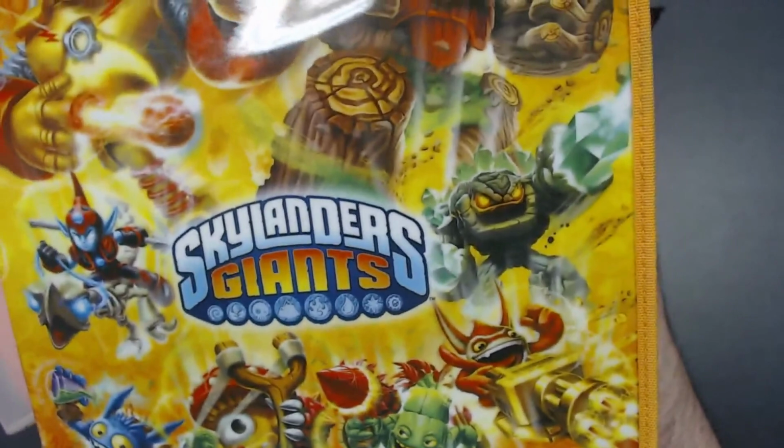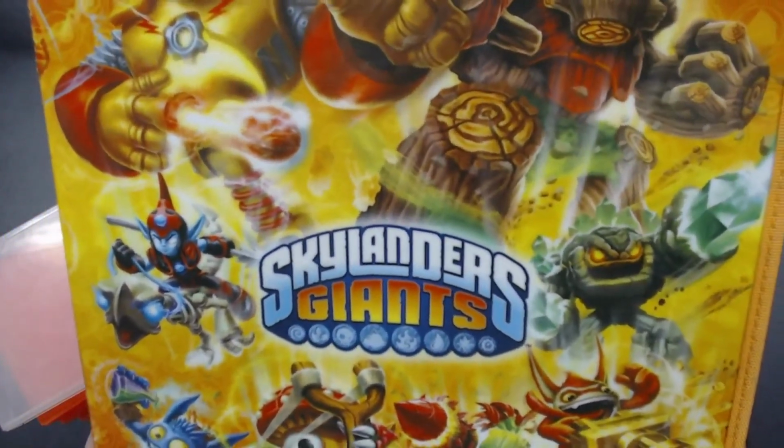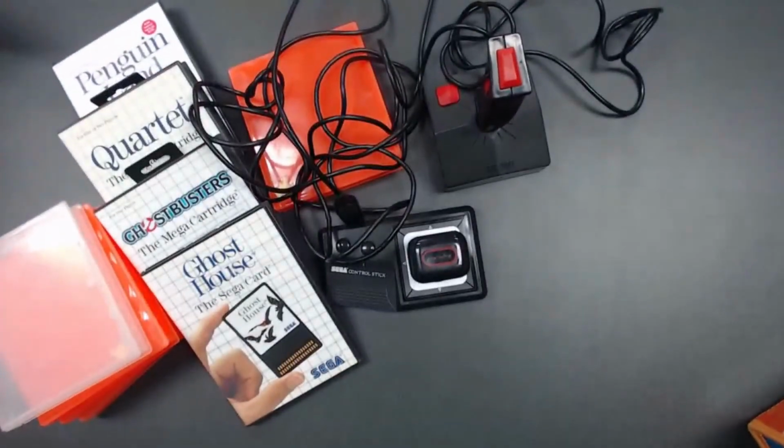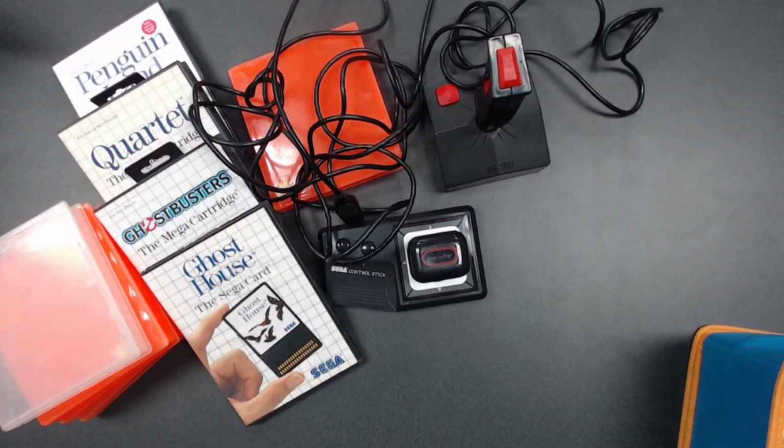This gigantic Skylanders Giants holder that you can put a whole bunch of stuff in. Now I have a whole mess of Skylanders at the house. They used to all be in board and box, but you know, things happen. But I wound up putting them all and cleaning them all up